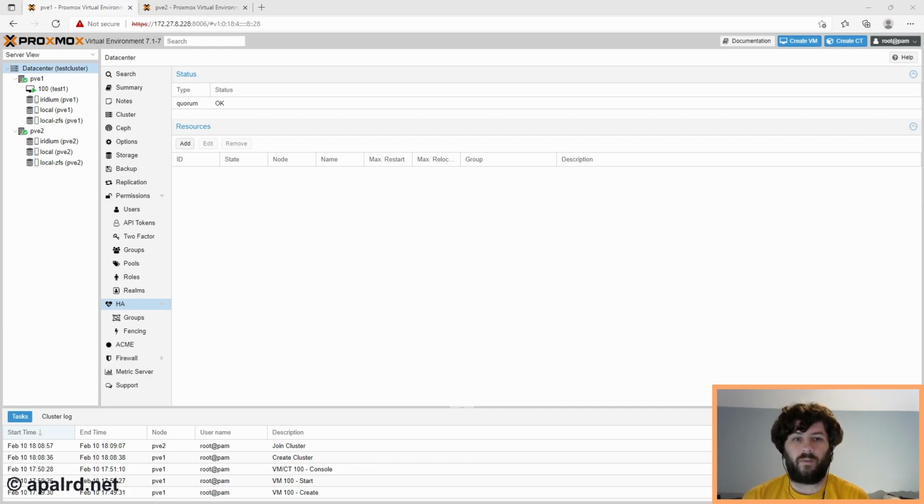loss of quorum. For my use case, I have a primary server running on a small form factor PC, which runs all of my critical home infrastructure. I also have a secondary server on a much larger host, where I have a much bigger sandbox to play with. Since this server uses a lot more power, I shut it down when I'm not using it. So, if I were to cluster my two nodes, I'm guaranteed to lose quorum every time I shut down the